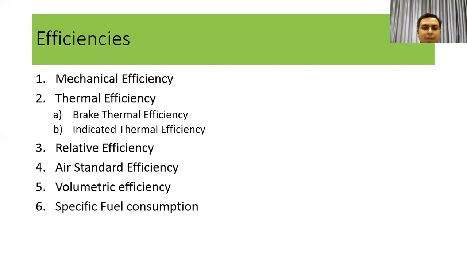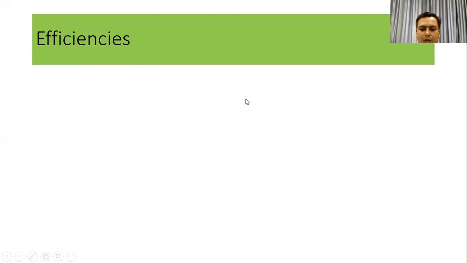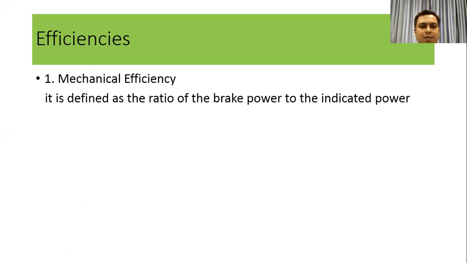So these are the parameters on the basis of which we can measure the performance of an engine, or we can compare two different engines based on this performance. Suppose if we want to check the performance of students, then we ask about SPI. In a similar way, these are the performance parameters for engines, and if you need to compare the efficiency or performance of two different engines, then you need to go with all these performance parameters. So now we are going in depth, one by one discussing the different types of efficiency and how each is calculated.